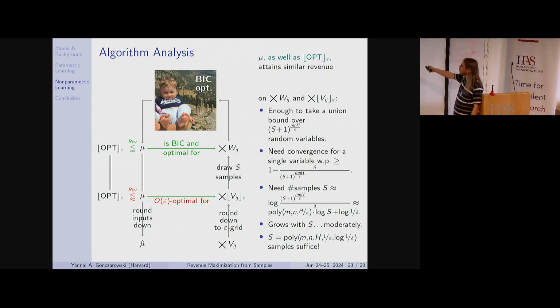I'm not only going to prove to you that mu attains similar revenue here and here. I'm going to prove to you that this hypothetical optimal auction for this rounded product distribution also gets similar revenue here and here. This will actually complete the proof. If the optimal for this attains almost the same revenue here, and the optimal for this attains almost the same revenue here, then we're really done with optimality, not with DIC, but with optimality.